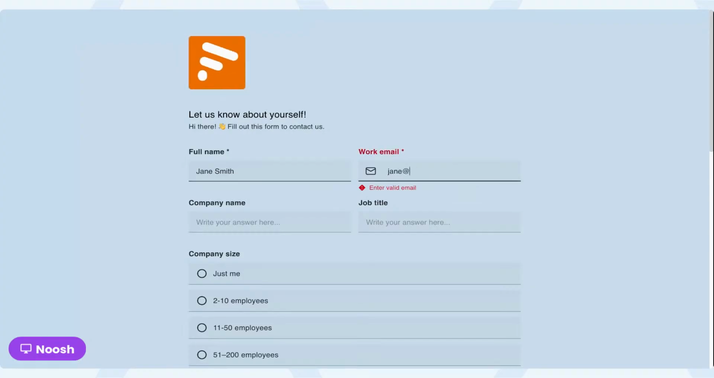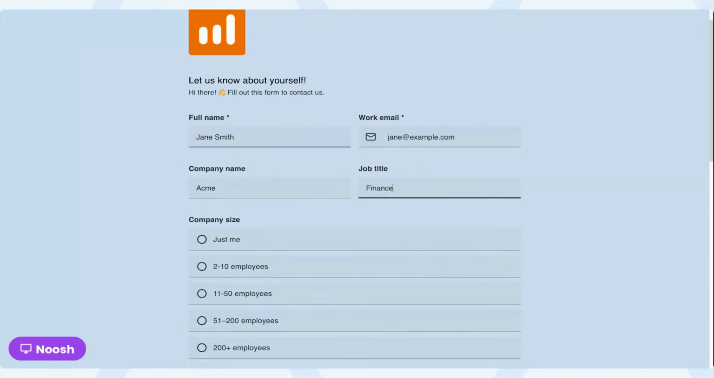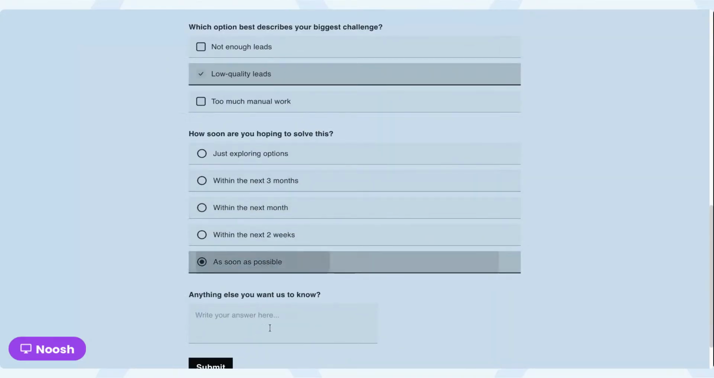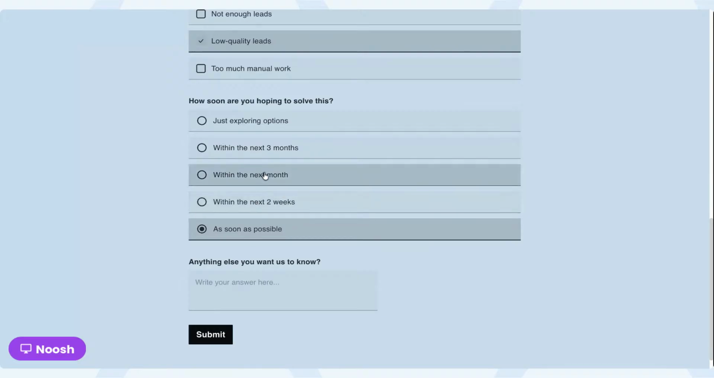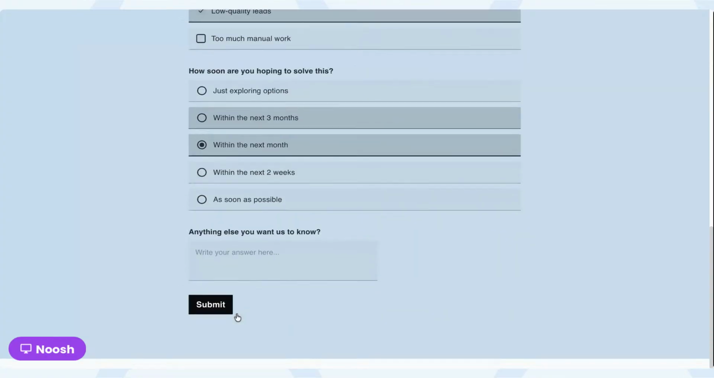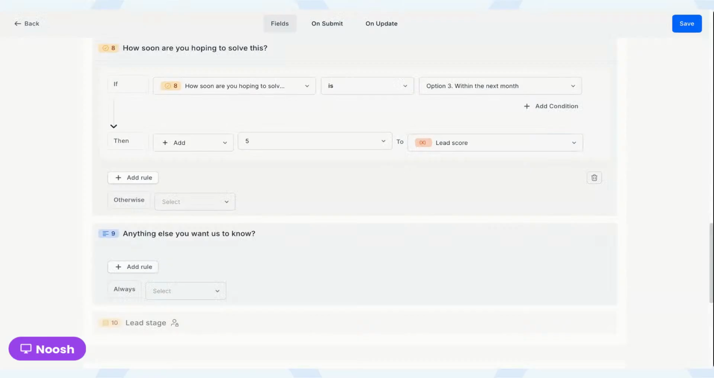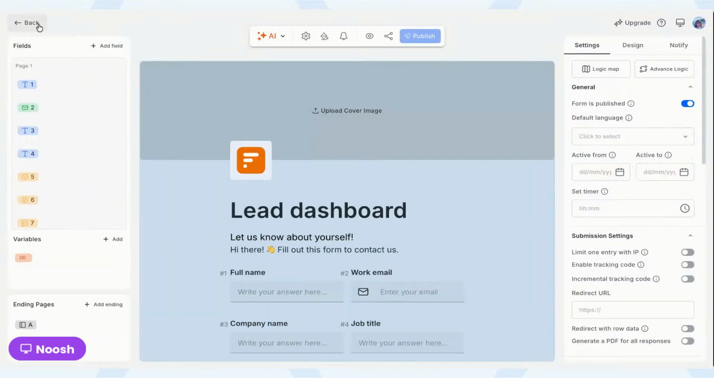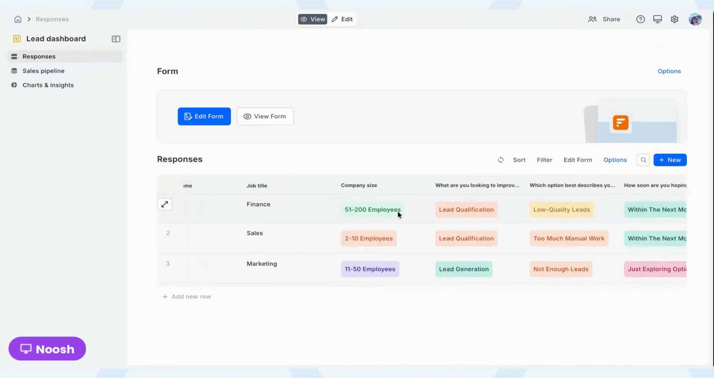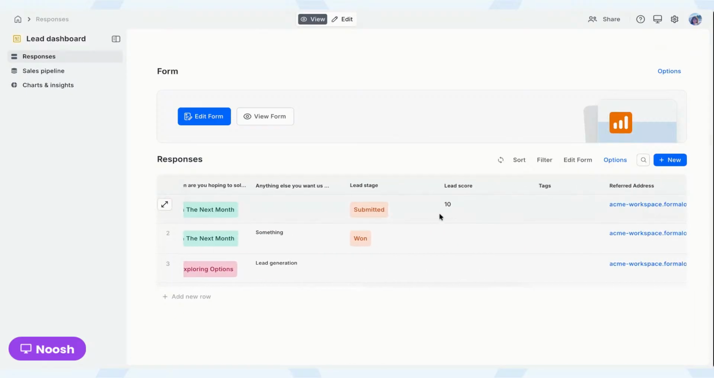Right, it's something like this, and yep. Okay, so let's select within the next month, and this one, what's this? Okay, submit the form, get back to admin, get to the project itself. As you see here, we have the new response, and we have the lead score as well, automatically captured,